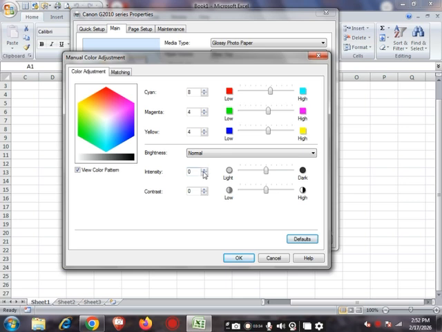Next is the intensity. This is the intensity. By these two buttons we can increase or decrease it. This is the balance bar, light and dark. In contrast also it has a balance bar, and also buttons where we can increase and decrease. We can also type here by keyboard. So by all these things we can set our color and intensity according to our requirement. By default we can go back to the actual setting that the system has provided.